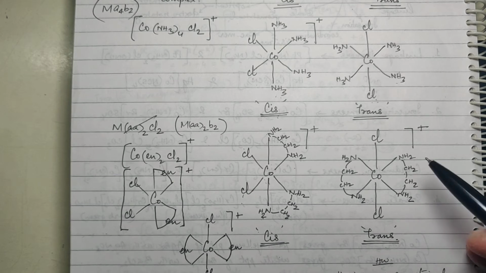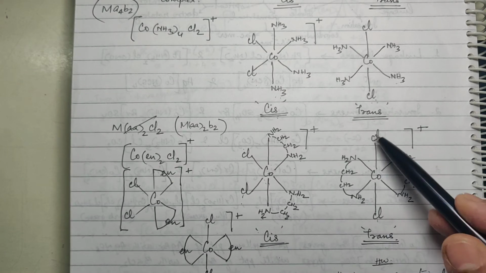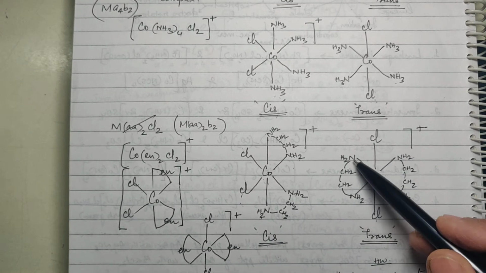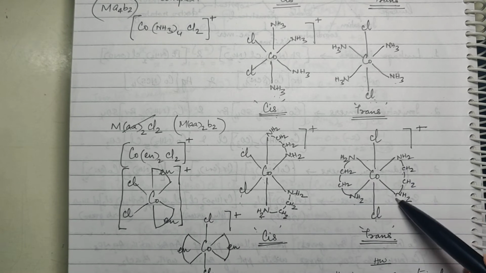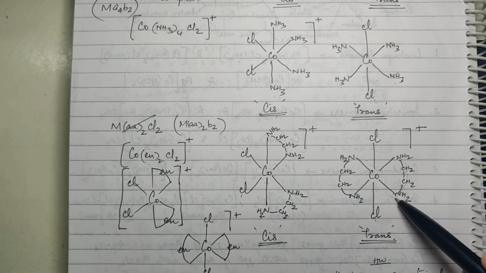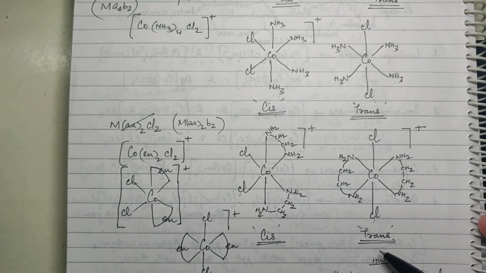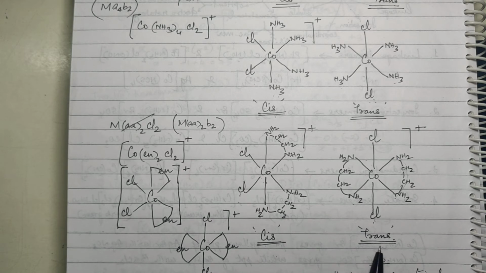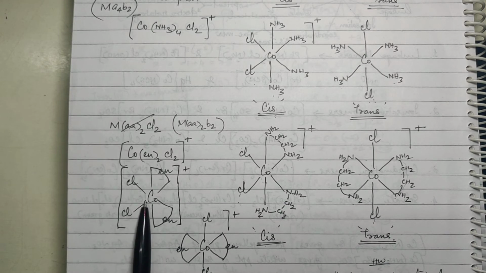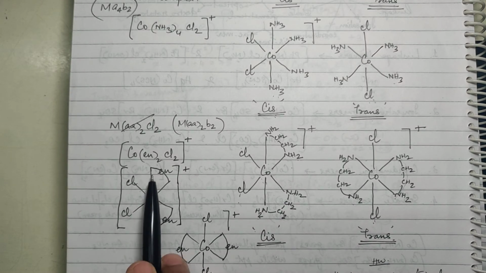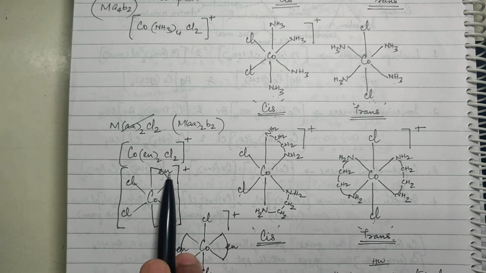Whereas if both the Cl atoms are in opposite positions and both the ethylene diamines are there, then this is also opposite to each other, this is also opposite to each other, so you will find the trans isomer. So in short, you can also put it like this. The trans isomer can be drawn like this and the cis isomer can be drawn like this. You attach the 2 corners and write en,